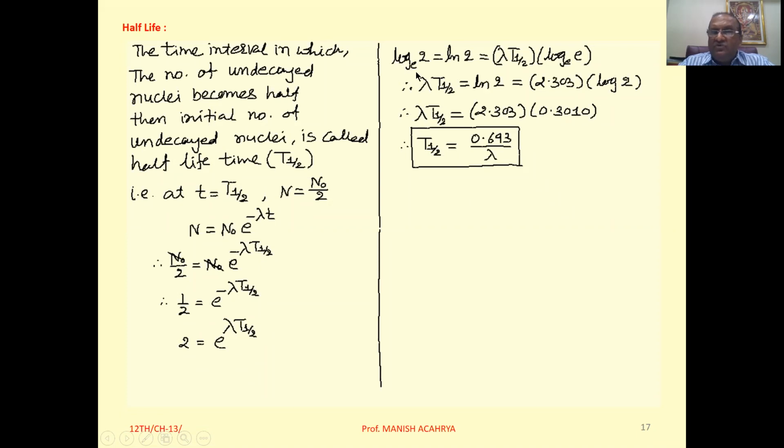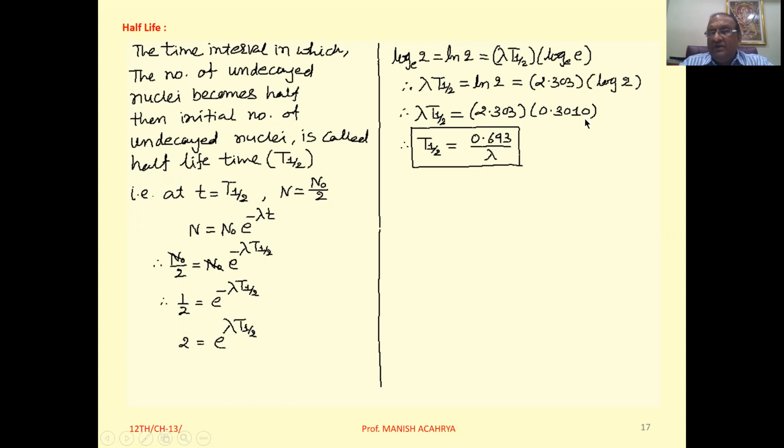Now take log at the base of e on both sides. So log at the base of e of 2, that is the natural log, ln 2. On the right hand side, we get lambda into t1 by 2 into log at the base of e of e, which will be 1. So lambda t1 by 2 is ln 2. Now convert this ln 2 into base 10 log. The multiplication factor is 2.303 into log 2. So lambda t1 by 2 is equal to 2.303 and log 2, that is